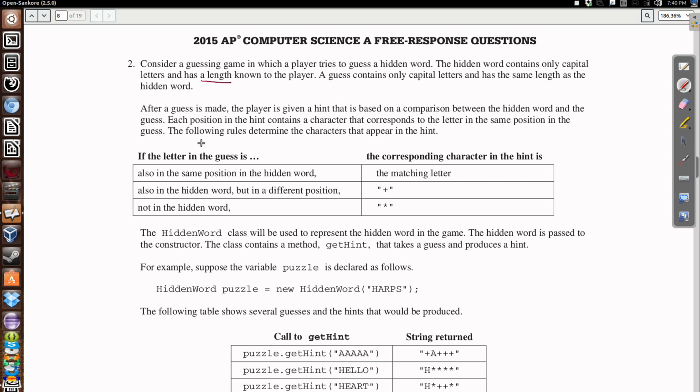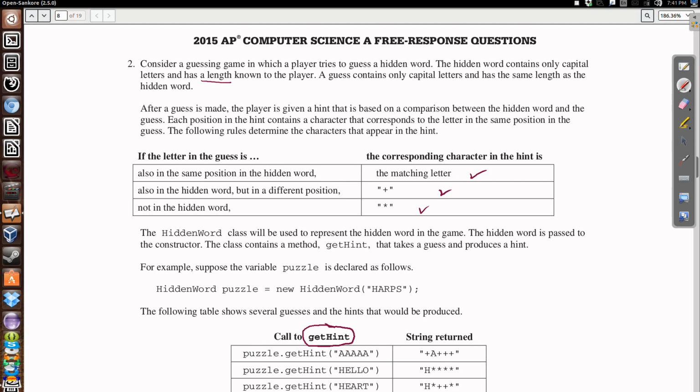Basically, we're playing almost like a Mastermind type game, where if we get a perfect match in a perfect spot, we're just going to say that's the letter. If that letter shows up not in this position but in some other position, we're going to put a plus. And if it's not in the word at all, then we just give them a star. So the idea is that we could construct an object of type HiddenWord, and they'll use the getHint method to see if the values are true or false, and we're going to be returning a string each time this method is called. This getHint is actually going to be the bulk of what we're going to write in this program,